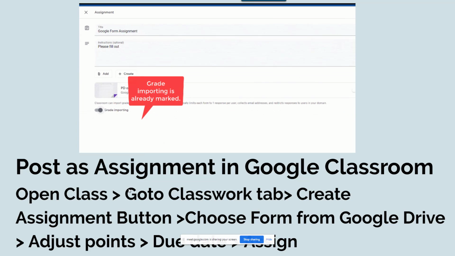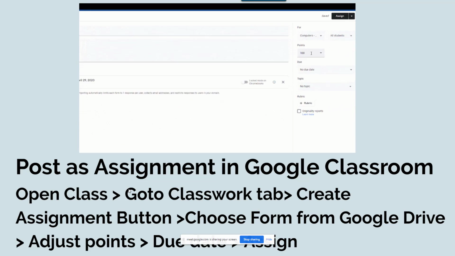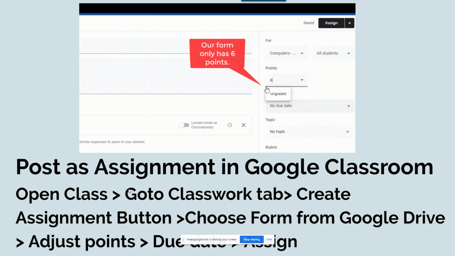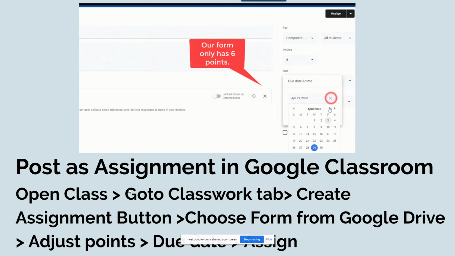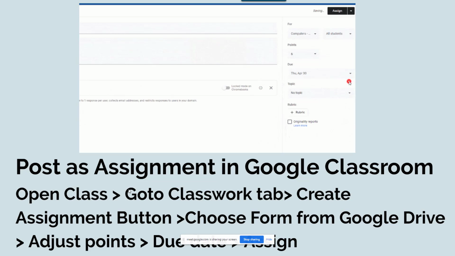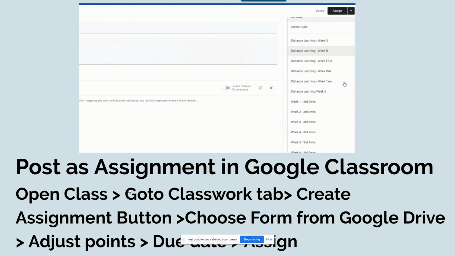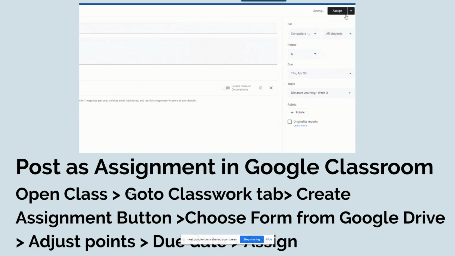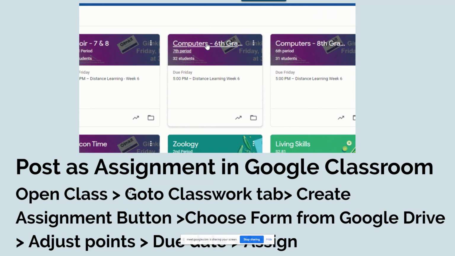Now, grade importing will already be clicked, but you can check it. I put in how many points. The one that I did only had 6 points, and I always put in a date and a topic. And then I didn't assign this to the class because I didn't want them to have this assignment. So one more time, open the class,